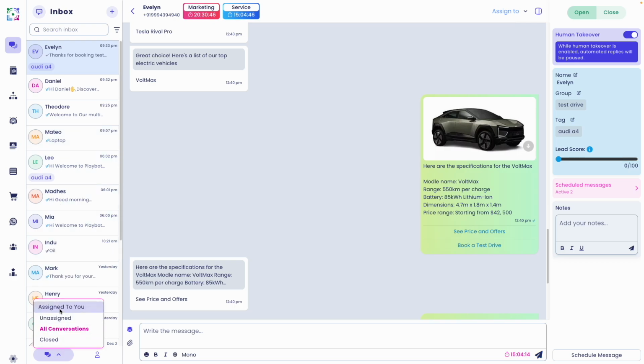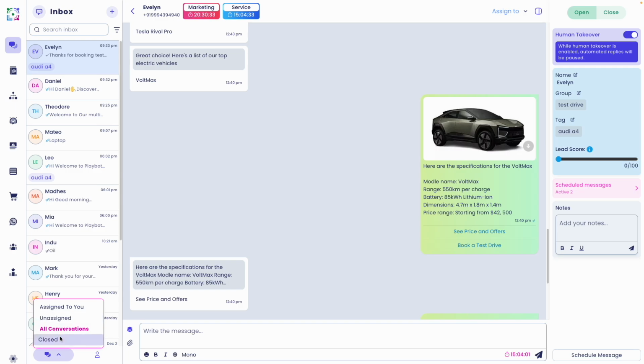Assign chats. Find all the conversations that have been specifically assigned to you. This is your dedicated list to manage and resolve customer queries efficiently. Unassigned chats. New customer messages or initiated business conversations are listed under unassigned. These chats can be assigned to team members or specific departments, ensuring the right person handles the query.